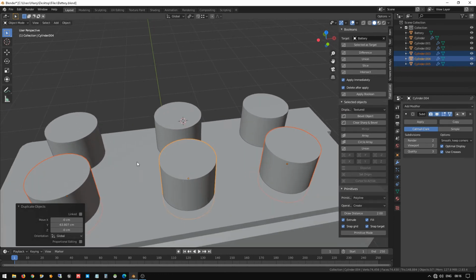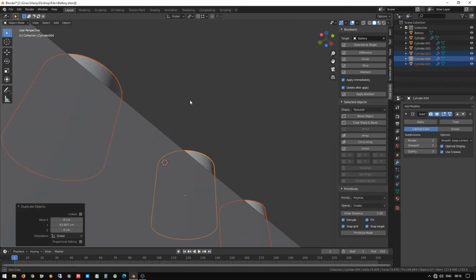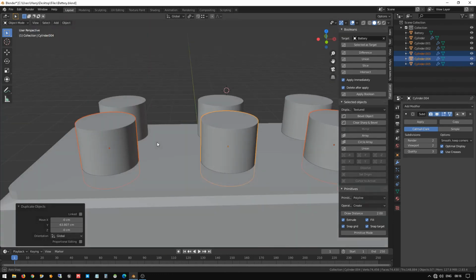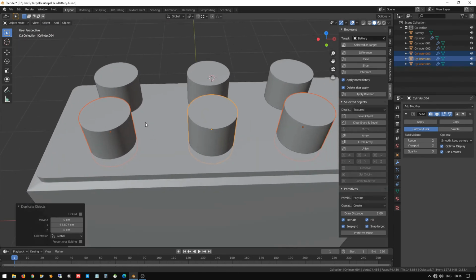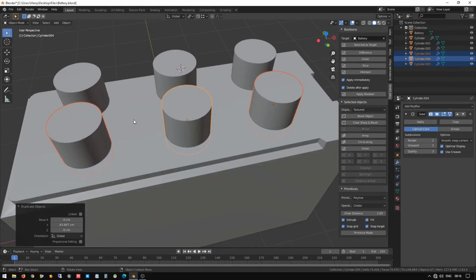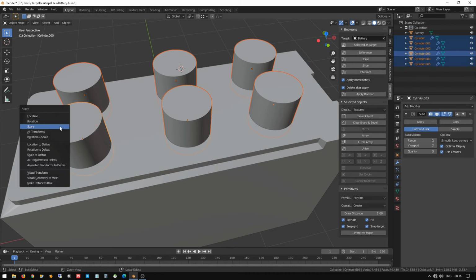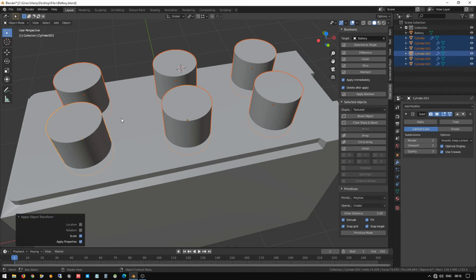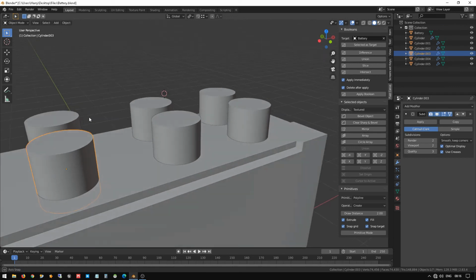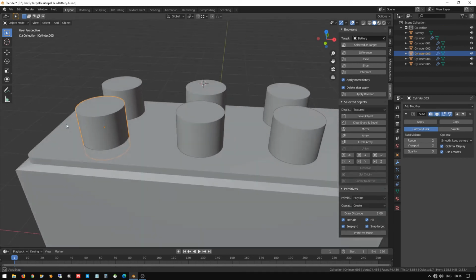What we are going to do is slice the battery to create one hole and cap for the same. So it's very simple to do that. Before that, select everything and press Ctrl A and apply the scaling. So now each object's origin is in the center of the mass. So that is correct, what is required for us.